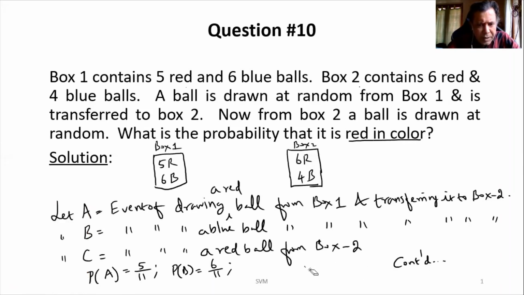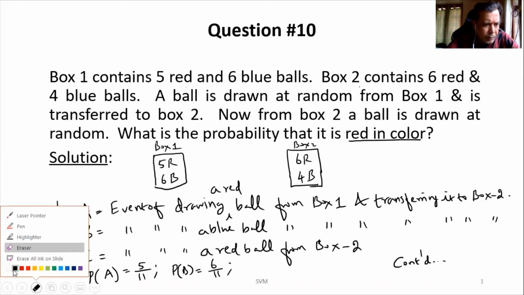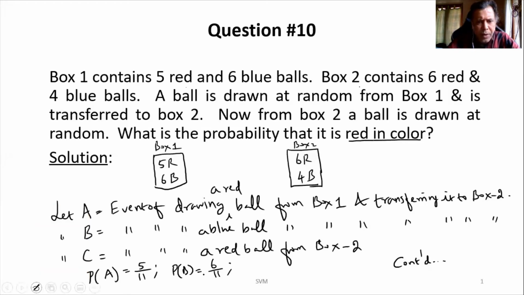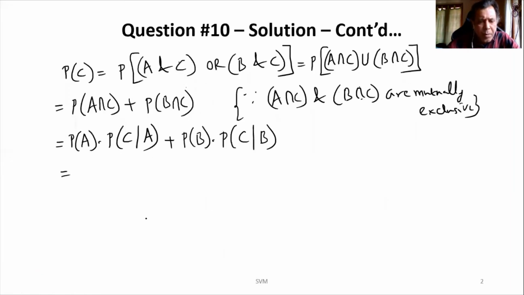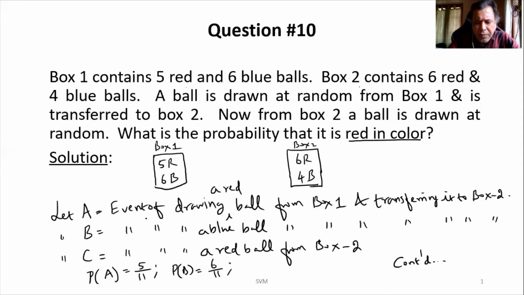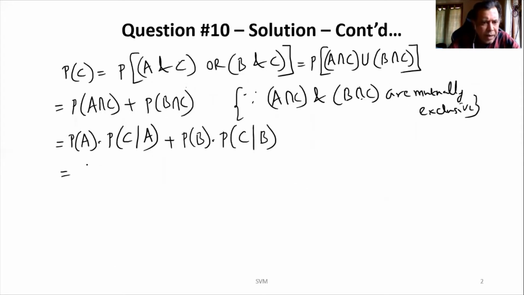There is no space here. Okay, let us finish it only till this A and B calculations. I wrote probability of A, what is probability of B? Let me move on. So probability of A already we arrived at 5 by 11. So let me write that 5 by 11 here.